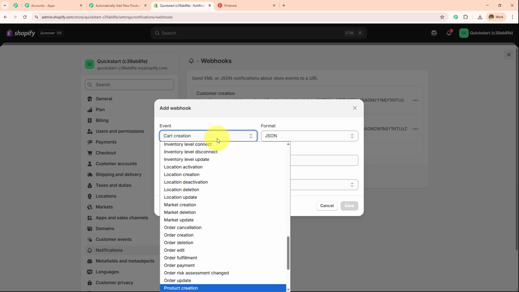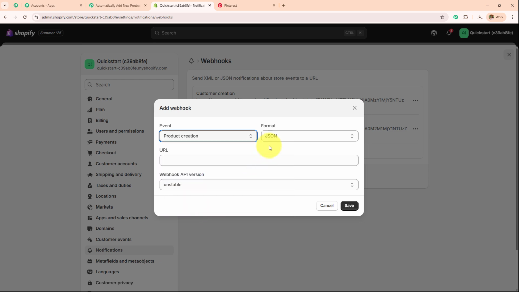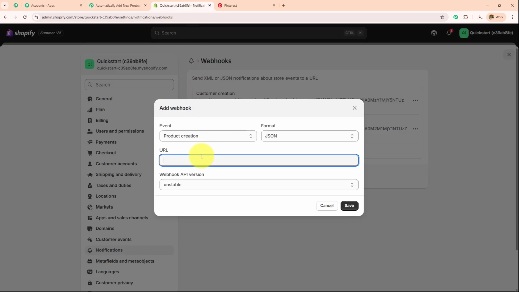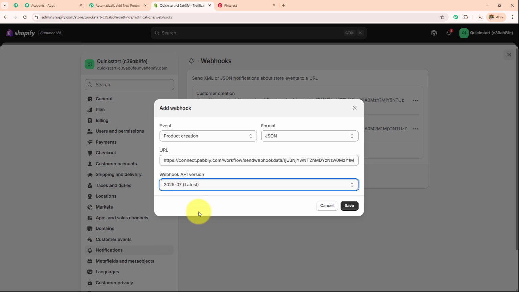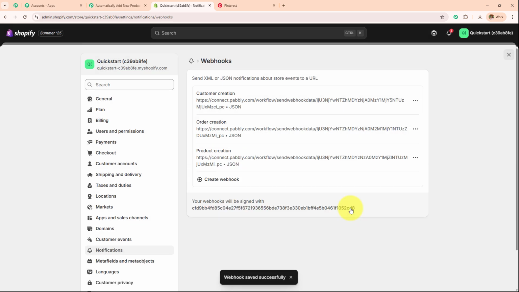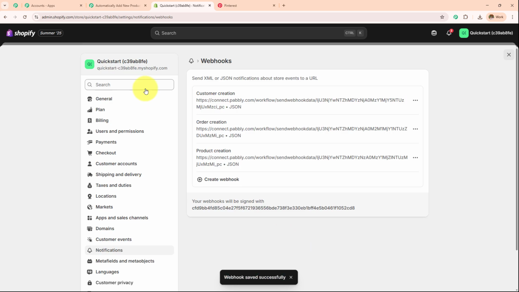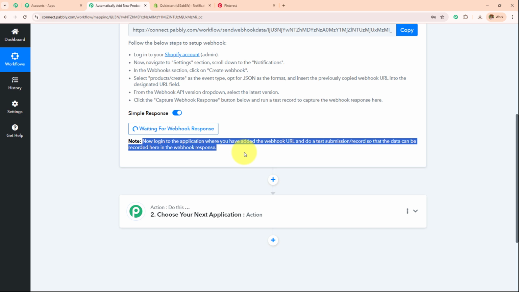So whenever a new product is created, I'm going to select my event as product creation, and the format will remain JSON. And then I'm going to enter the URL. So I need to enter this webhook URL in this URL field, and then I have to select the webhook API version. I'm going to select the latest API version, and then I simply need to click on this Save. Here, webhook saved successfully. Now if I go back to Pabbly Connect, I can see this waiting for the webhook response, and under this it is written,